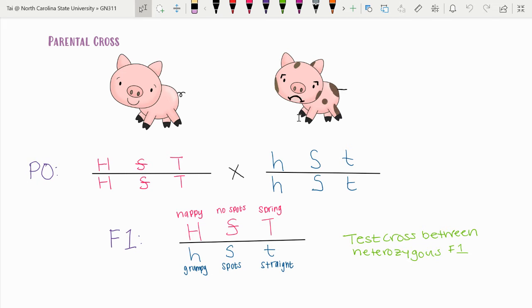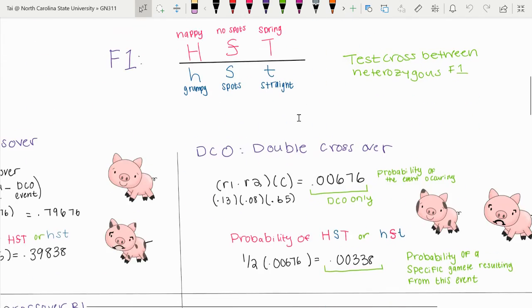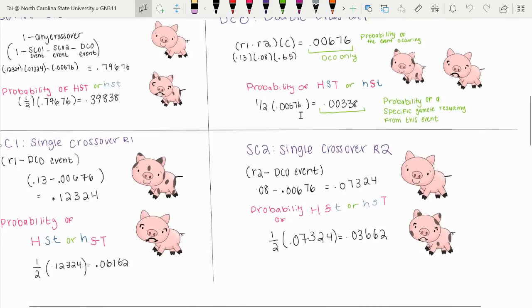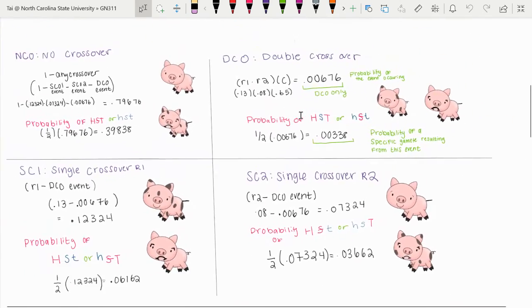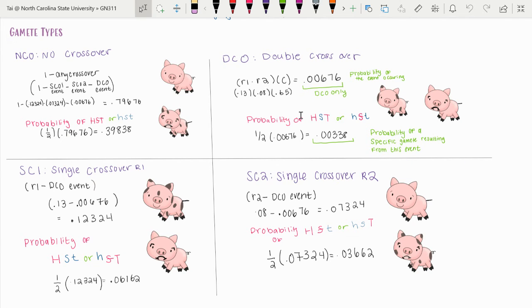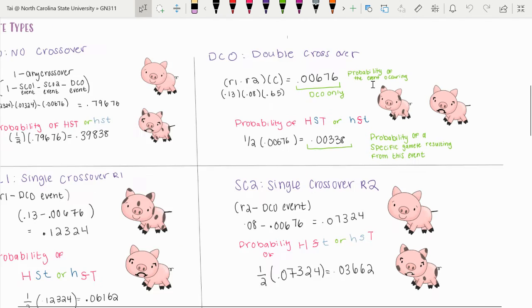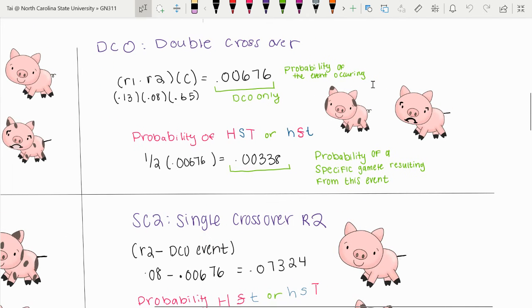I've listed all the possible phenotypes, but I will just go over how to calculate the probabilities for the DCO and the SC1. So we'll start with the double crossover event. If I wanted to find the probability of getting a specific gamete, we'll usually start by finding the probability of a double crossover event. To find this value, we will multiply the R1 and R2 distances by the coefficient of